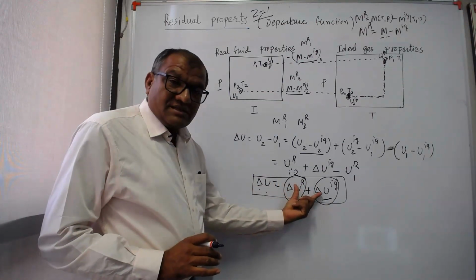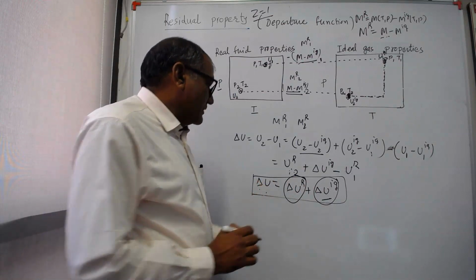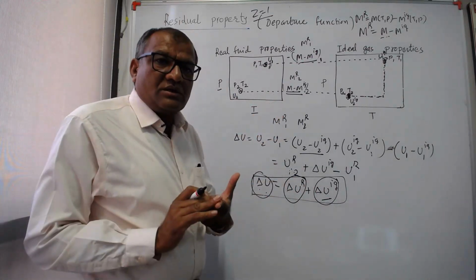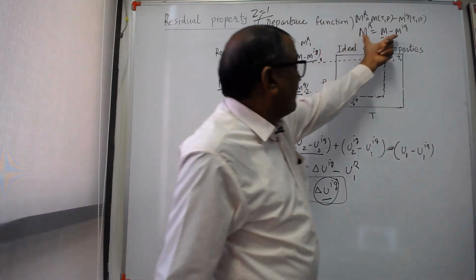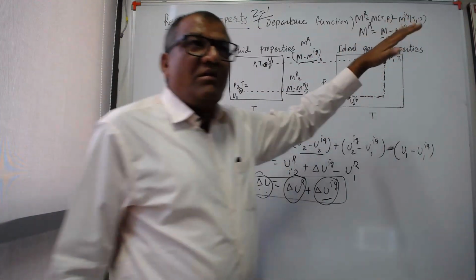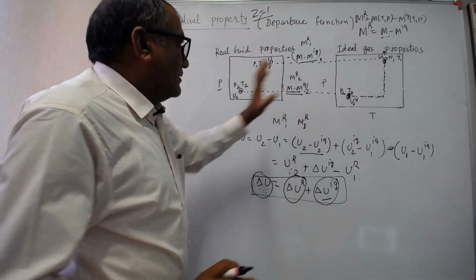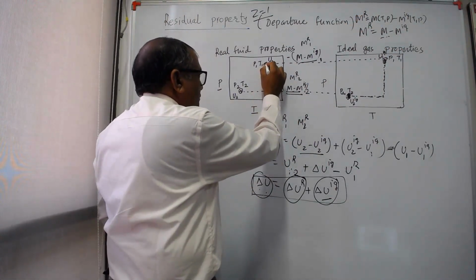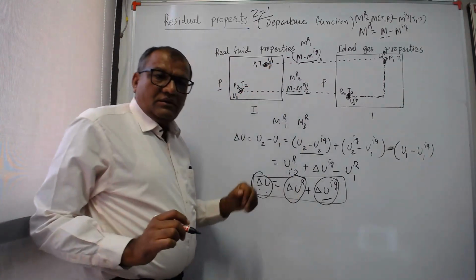Both property changes can be added, and delta U can be obtained. So this is the importance of residual property, because students know the definition of that, why they are studying the difference between these two. But I have explained earlier that if you want to calculate the difference between two values,